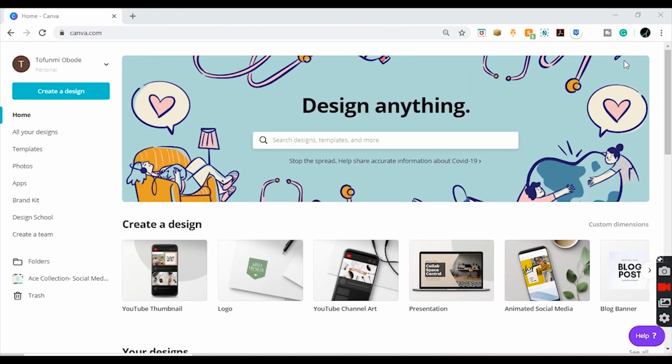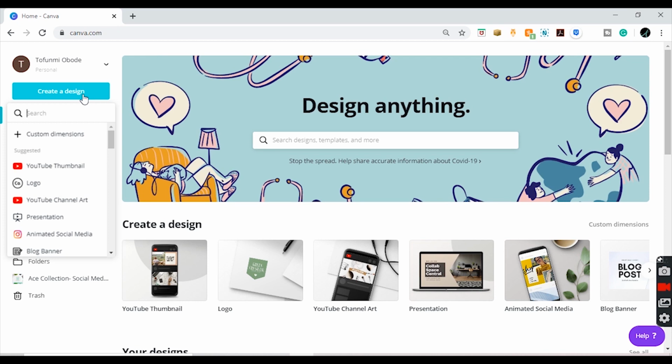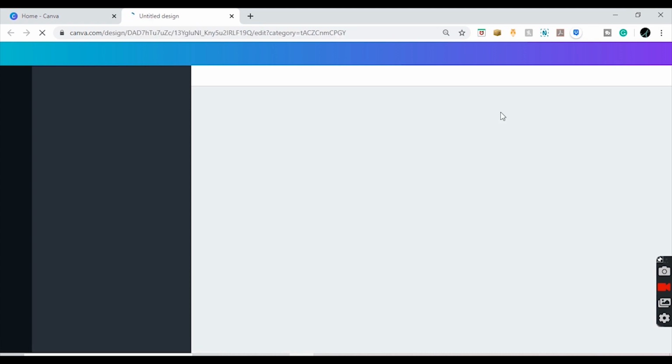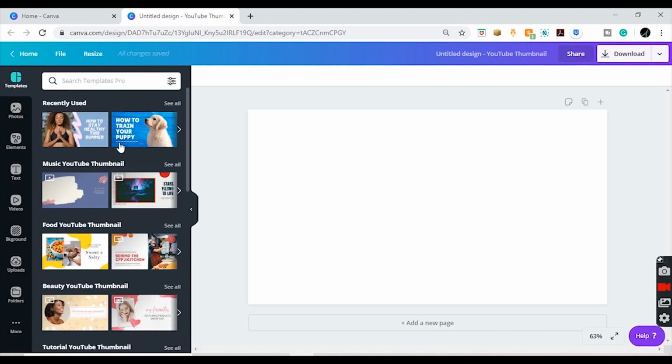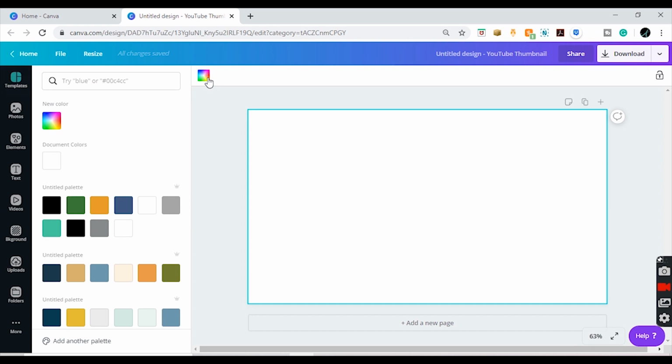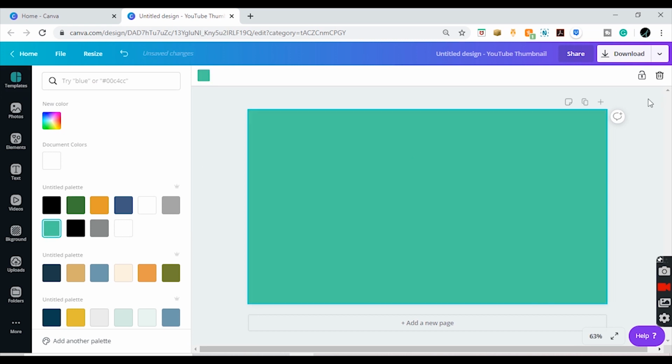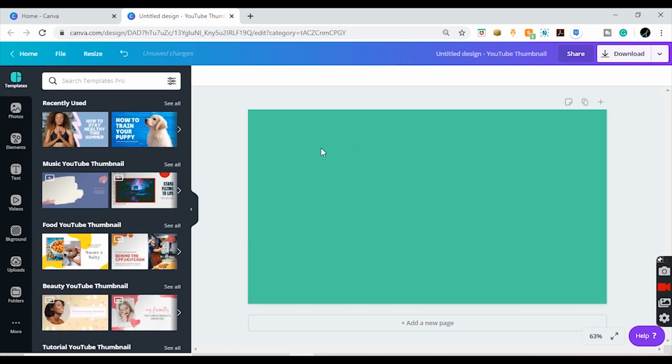As you can see, I've already opened up Canva. The first thing you need to do is to select the YouTube thumbnail picture here, or you can select create a design and search for YouTube thumbnail, but we'll just use this shortcut for the sake of this tutorial. We won't be using any of the existing templates. We will be starting from scratch. So the first thing we need is to change this background, and we'll be using our signature green for ACEHOUSE